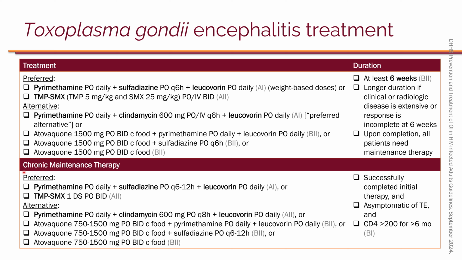And again, upon completion of treatment, secondary prophylaxis should initiate. In this case, for toxoplasma, we call it chronic maintenance therapy, which essentially the agents are similar. So preferred is pyrimethamine sulfadiazine plus leucovorin, or trimsulfa, and we have some alternative regimens. Now, chronic maintenance should continue until the patient is asymptomatic and CD4 count is more than 200 for at least